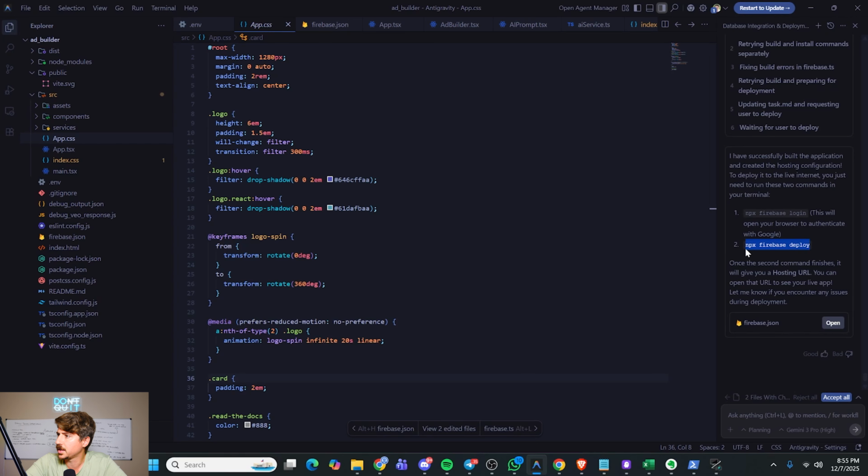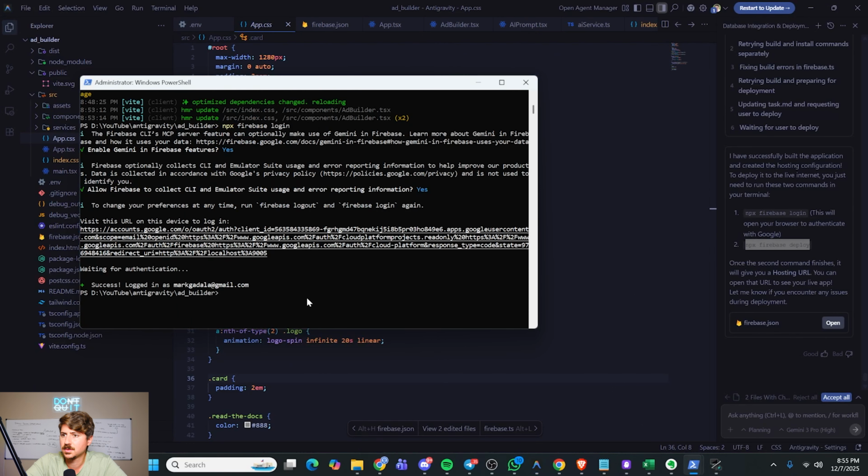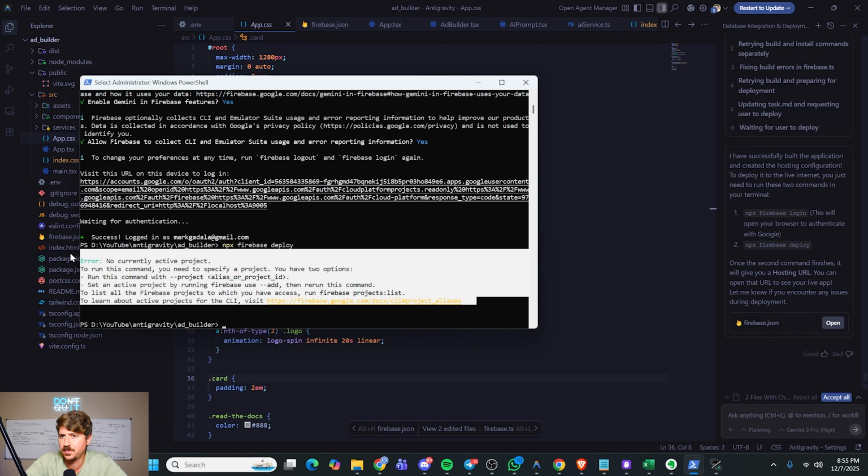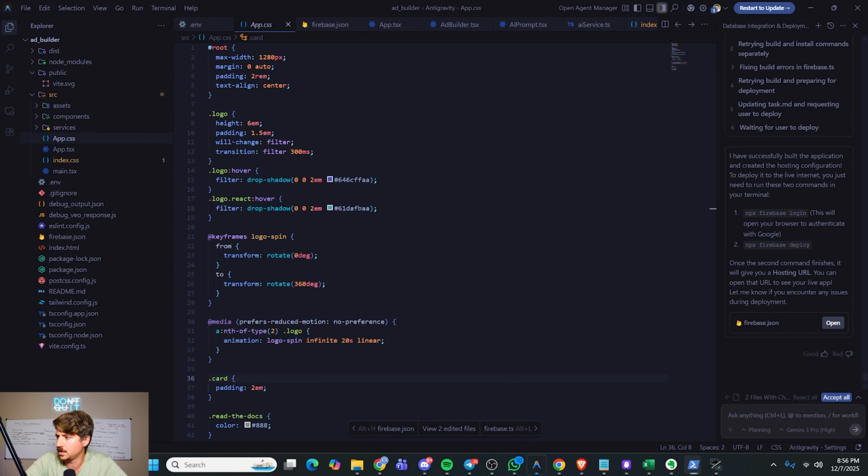Now let's do npx firebase deploy. Let's see if this works. Okay, so I'm getting an error. No currently active project. To run this command, you need to specify a project. You have two options. Run this command, set an active project. Okay, so let me feed this error into